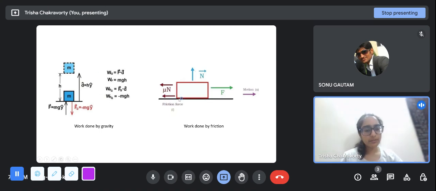Now if we move it for a distance x, then the work done by the friction force will be mu N into x. If I take it from this point to this point, it will be mu N x. But even if the final point and the initial point are the same, if we take it over a longer, circuitous path, then the work done will be mu N into the length of the path. So the length of the path comes into the question. So friction is a non-conservative force,